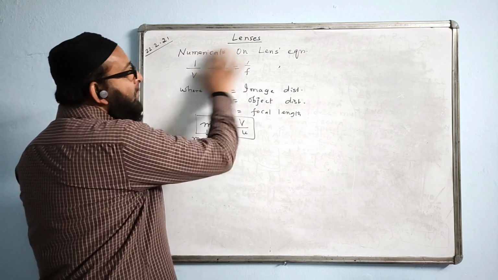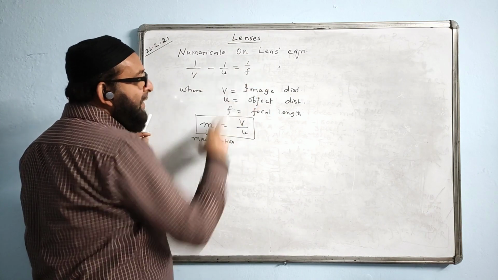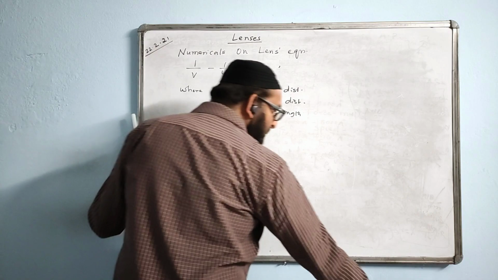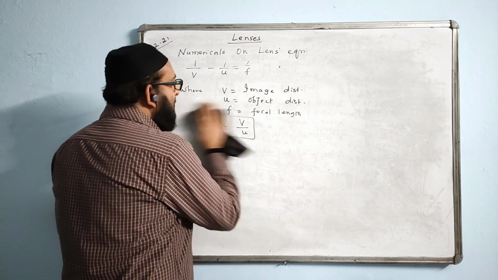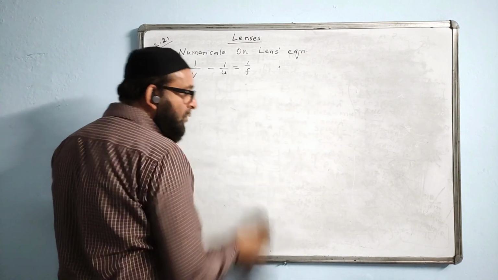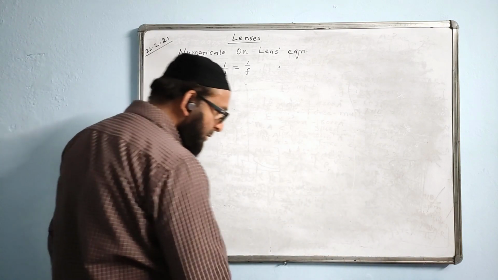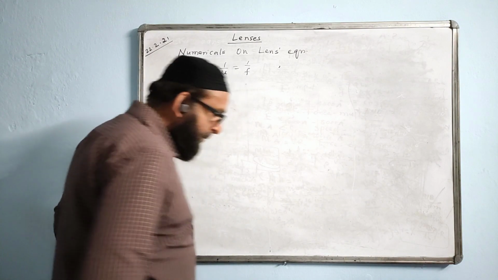So this is the formula. One thing will be unknown, we have to find that according to the question. You can see the notes also which I have sent. Now we will be doing problems.